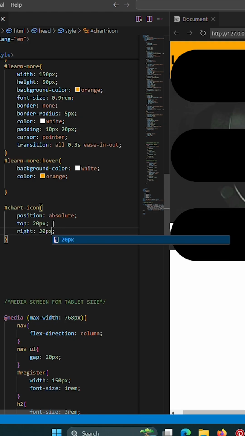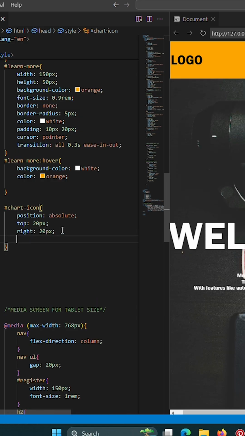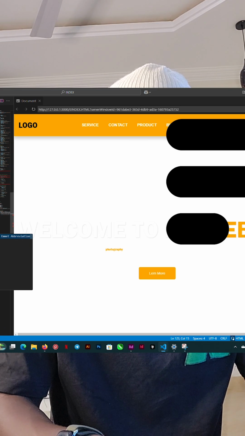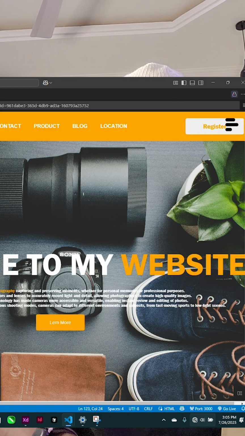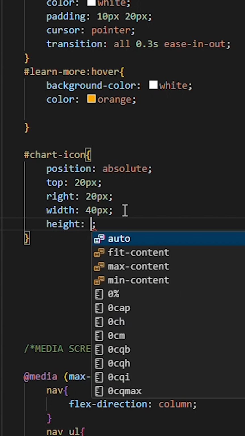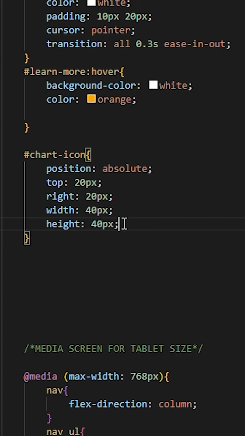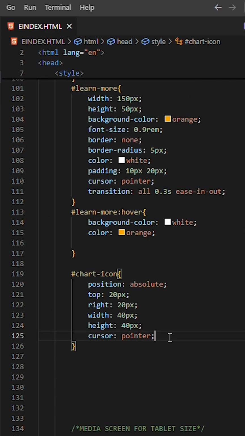We want it to move 20 pixels to the right. See, it's shifted. Now let's give it a width of 40 pixels like that. Let's give it a height of 40 pixels like that. And also let's give it a cursor of pointer, and then